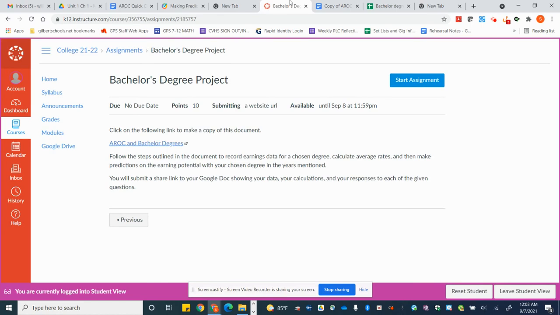Hey, everybody. So today, in my absence, I want you guys to take a little bit of time and continue pushing forward with the idea of using an average rate of change to make predictions. So, just to recap, last week we started by looking at what an average rate of change was with our